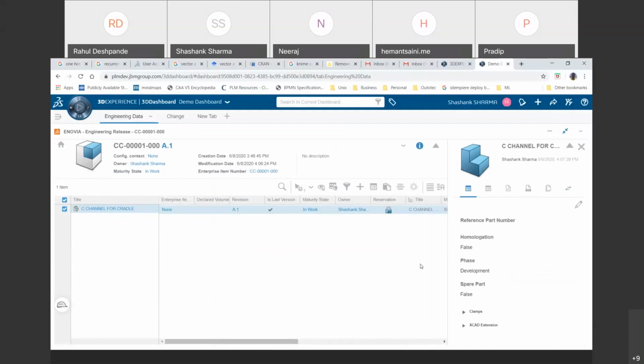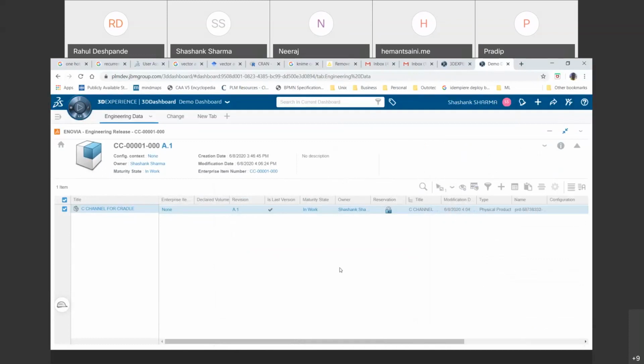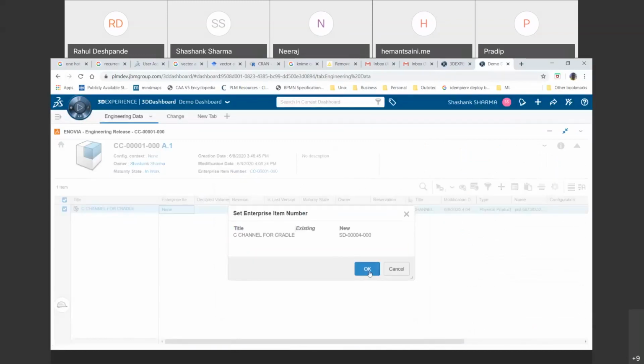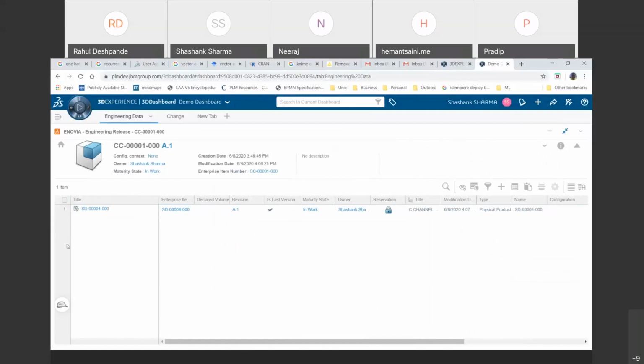I don't have to click any save or any other button. It is all saved into the system. So for this, once I click this, I'll get a different set of numbers. So these are the two parts that I created. I would like you to create parts and get the part number. You may not be able to find the correct name or correct grouping there, because we don't have those groupings with us right now.